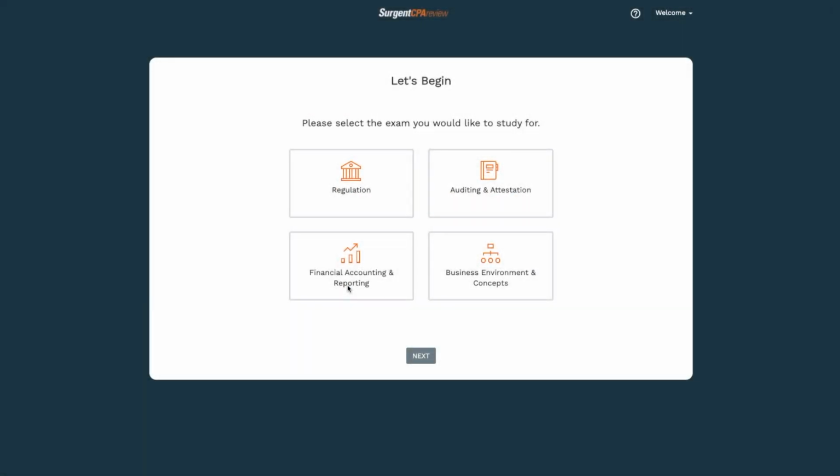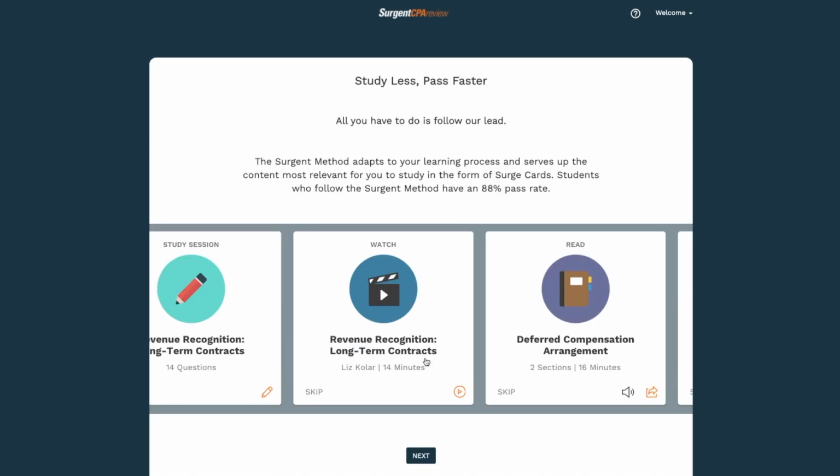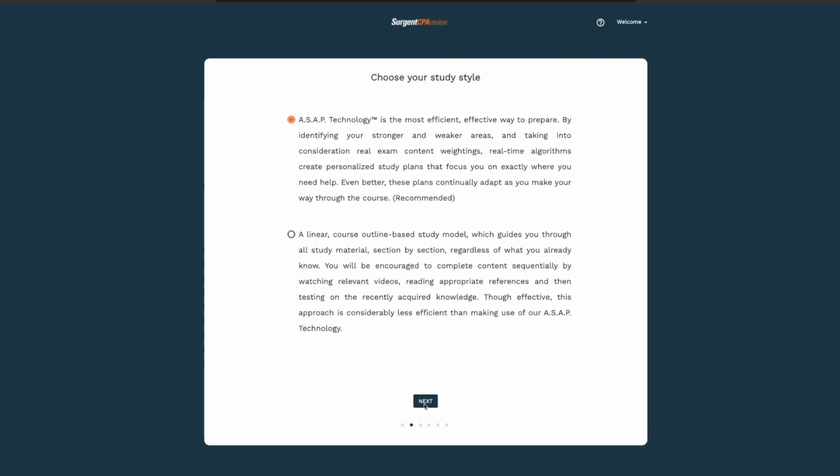To get started, I need to select the exam I'd like to study for. Today, I'm going to go with FAR. The Surgent method adapts to your learning process and serves up the content most relevant for you to study from in the form of Surge cards. Now I can choose my study style. I'm going to go ahead and use Surgent's algorithm to help me identify my stronger and weaker areas to create